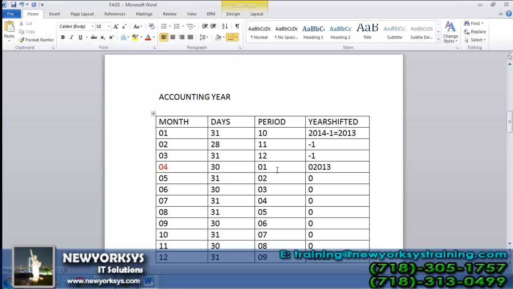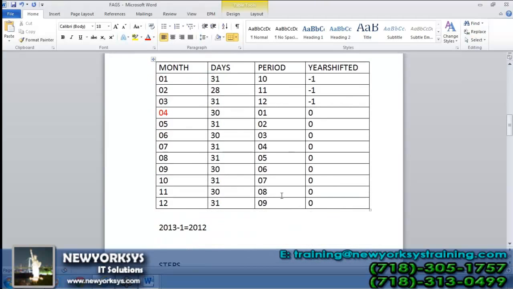This calculation is already provided in the SAP system. If it is not provided, you need to configure it in such a way. By default, the system comes with K4, V3 and shortened fiscal years, so there is no need for you to configure. But this is how the configuration goes on. This is the method.